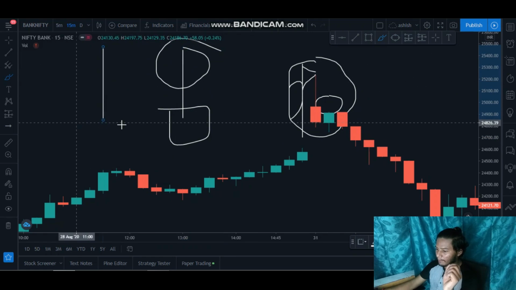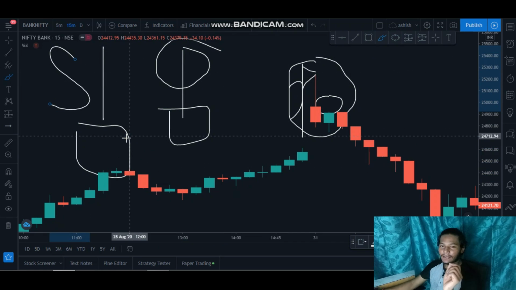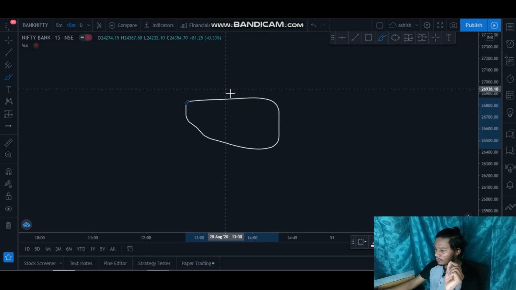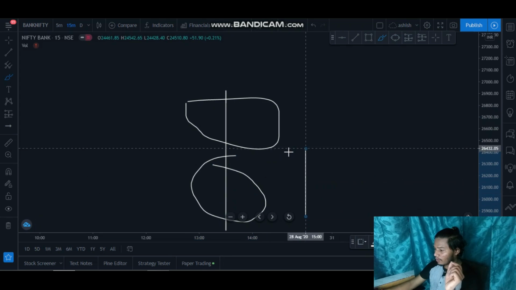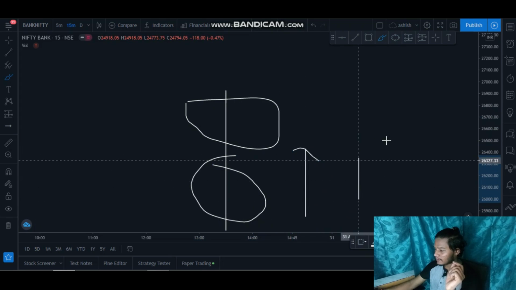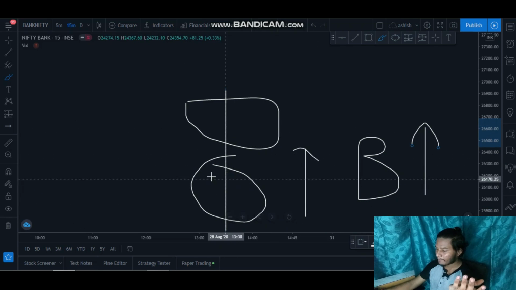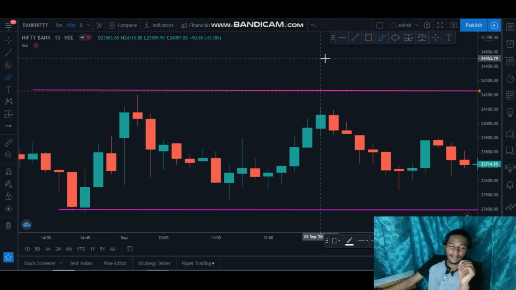If you see a bigger wick on the upside, means sellers are dominant in the market. And when you see the wick on the lower side, so this is the body of the doji and the wick is here. You can see price closing on the higher side, means buyers want to take the market high. So here is a long tail, and there is a long tail, so it means buyers want to take the market up. Another way you can trade doji is when the price moves in a range.